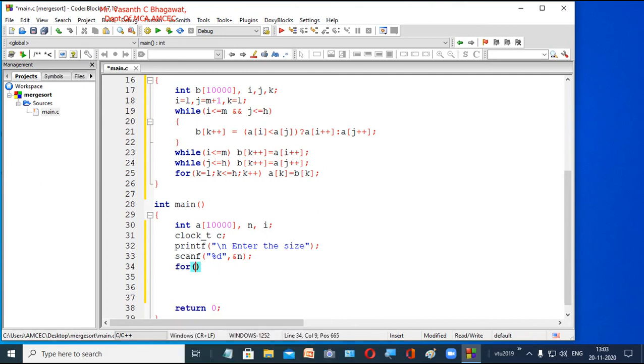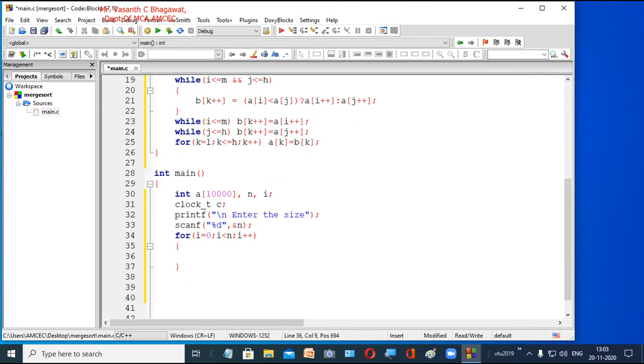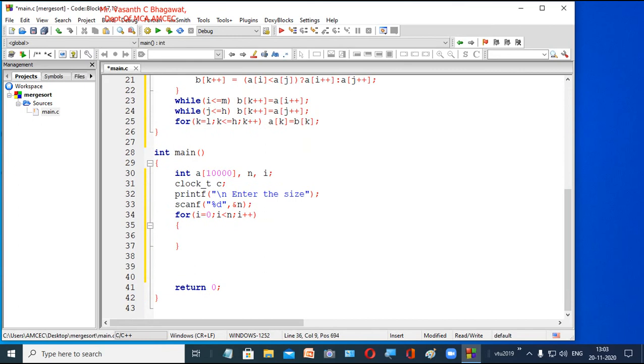For i equal to 0, semicolon, i less than n, and i plus plus. Now we are going to accept, right?